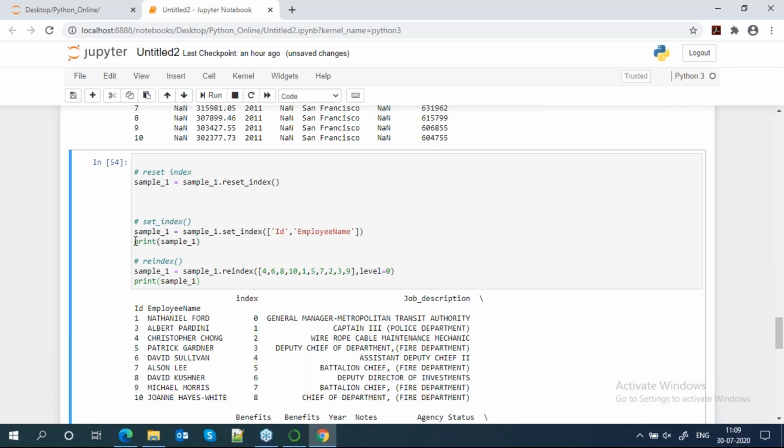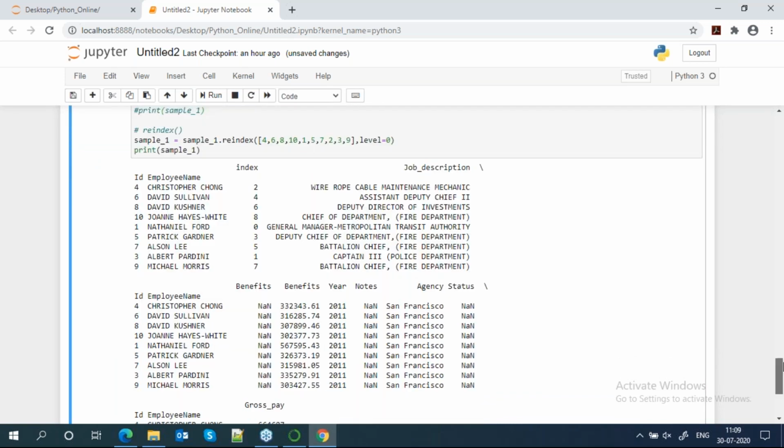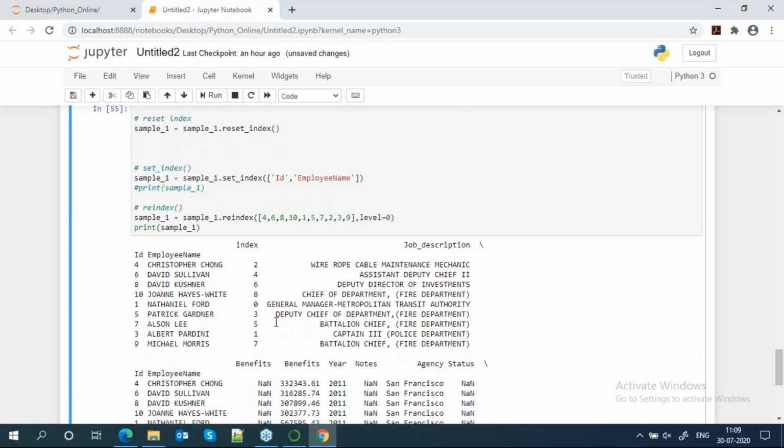Let this one. Got it? See how your index data is sorted now. Christopher Chung will come first, then David Sylvan, David Kushner. Now you can see the index is sorted, but this one is not good, as you can see the sequence is back.